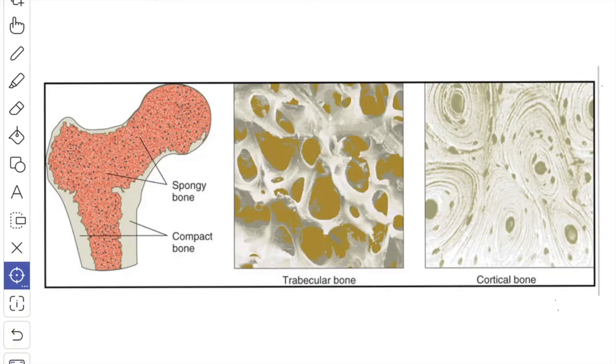In this video, we'll study the histology of the bone. First, we'll see the types of bone. Based on the histology, bones are classified as spongy bone and compact bone. Based on maturity, bones are classified as mature bone or lamellar bone, and immature bone or woven bone. Based on the manner of development, bones are classified as cartilage bone and membrane bone.